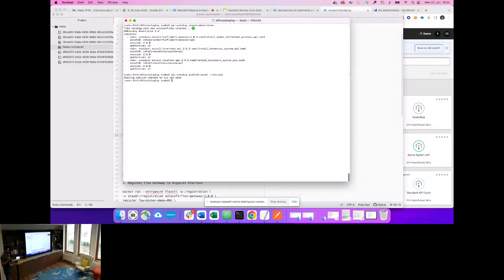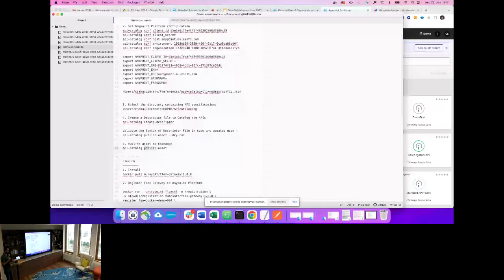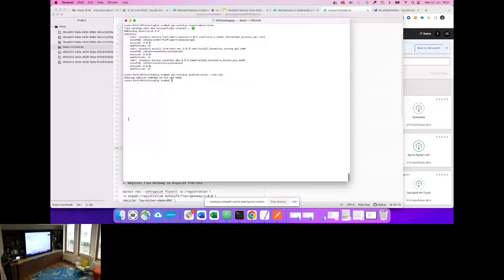Right. So if there is something missing or has a different syntax, it will show you the details about it. Now, if everything is right, I just need to publish my API using this command, which is API catalog publish asset. Okay. So I just click on paste, enter,